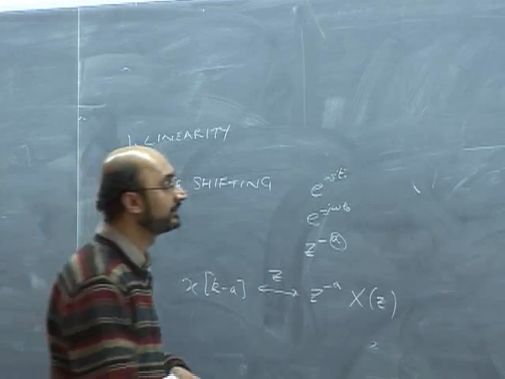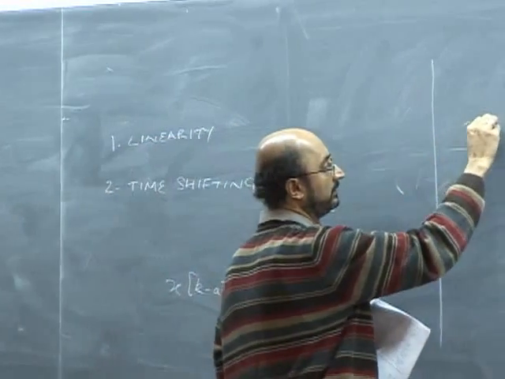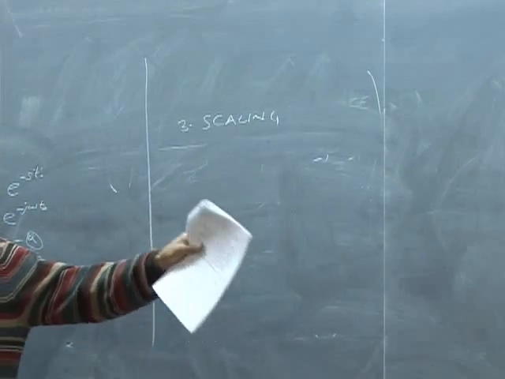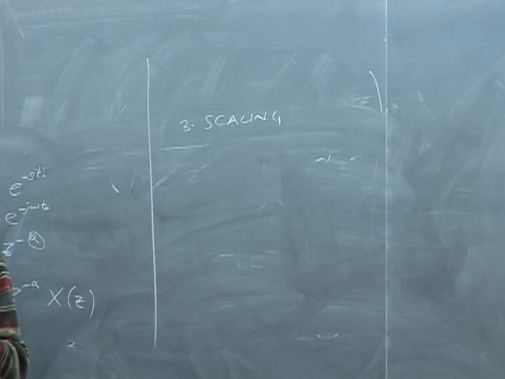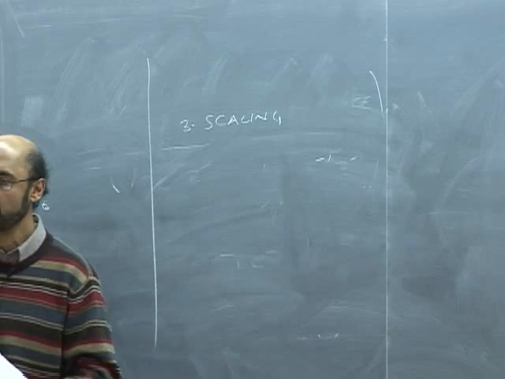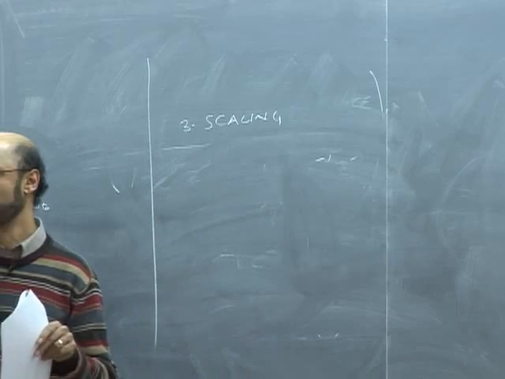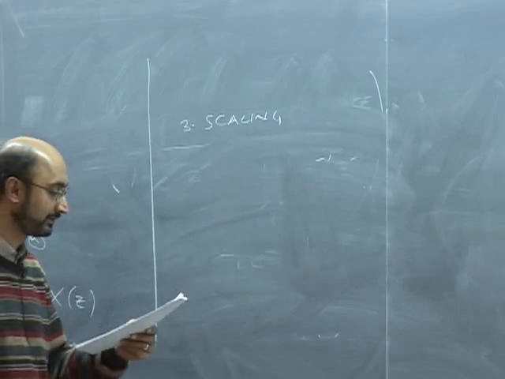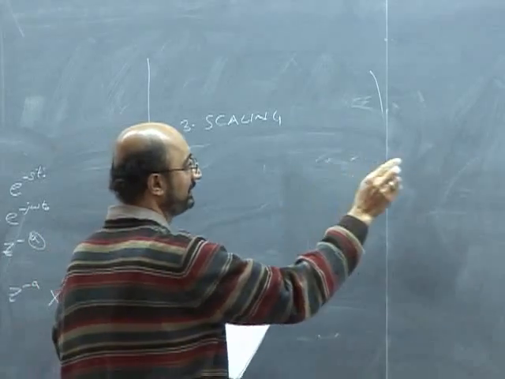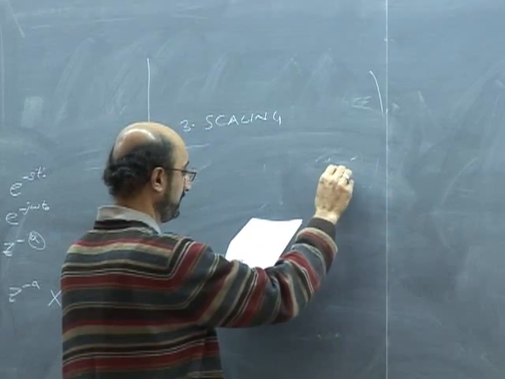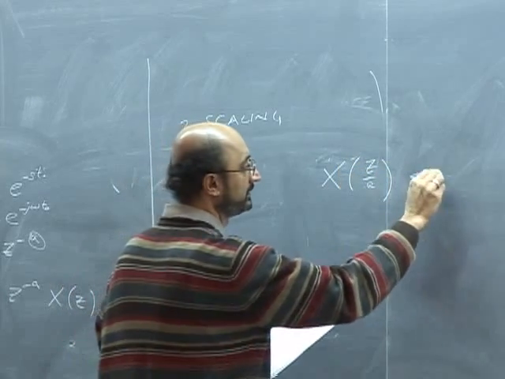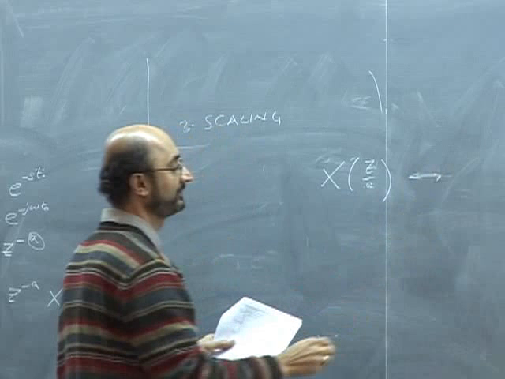The third one is scaling. Scaling always works the same way as well. Scaling means that when you expand in the time domain, we compress in the frequency domain, and we are going to reduce the magnitude as well. And the other way around, if you expand in the frequency domain, you contract in the time domain. So we just swap these two operators. For that reason, I've just shown scaling in the Z domain. So we basically say that x(n/a), I'm scaling it, I'm making it a times slower in the frequency domain that